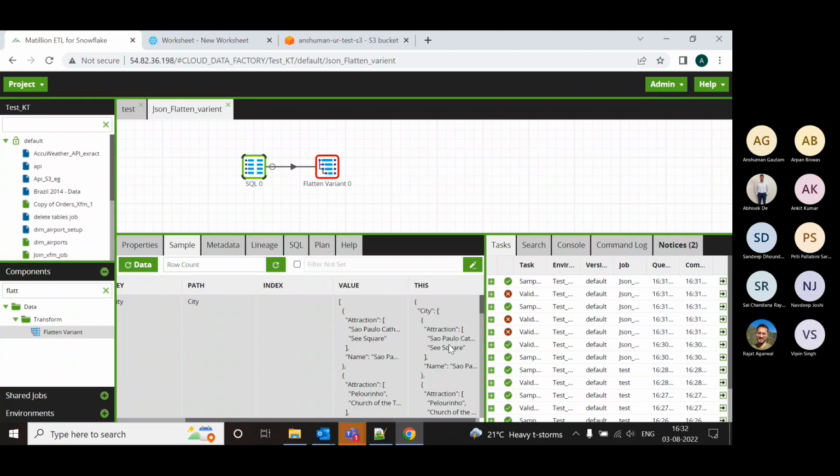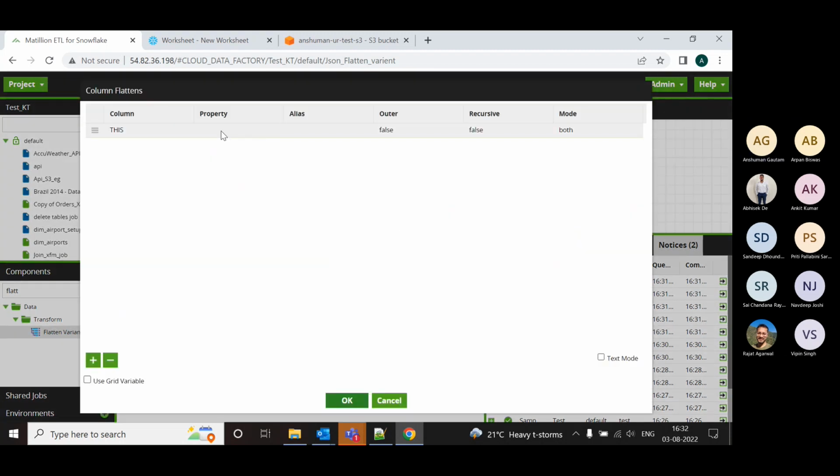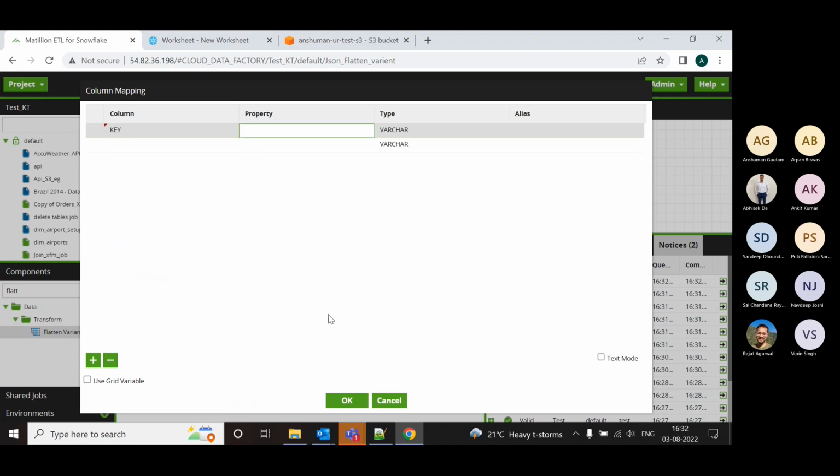We want to go inside this, and the property is, let me go back to see the name. Sorry. So the property is city. So I'll just copy the city property. So we want to go inside here. It asks for an alias, so we'll give an alias. Okay. And now if you want to call the columns, let's call the straightforward columns first. So we'll just call key, and